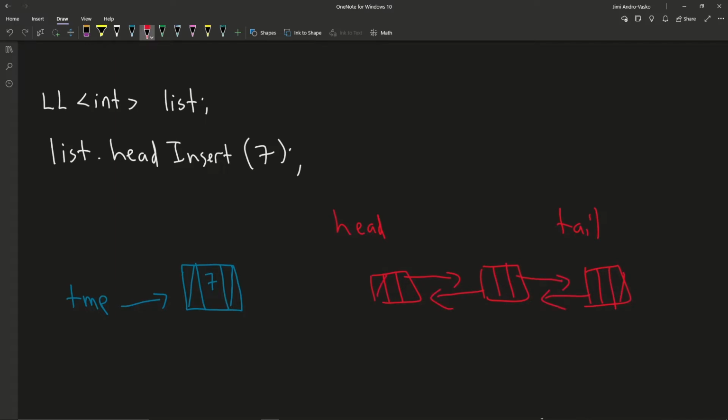So we have this, and of course head and tail. Remember, make sure that the head node's previous is always null, and the tail's next is also null, just to be safe. So in this situation, if we have several nodes, then you want to update temp's next to point to head,